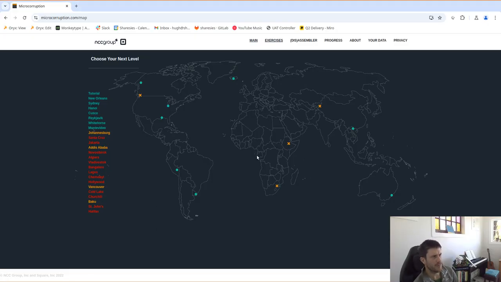Gonna continue on with the microcorruption capture the flag from quite a while ago. The idea is you have a bunch of points on a map, as you can see. The yellow crosses we can do. The red ones are locked for now. The idea is we basically have